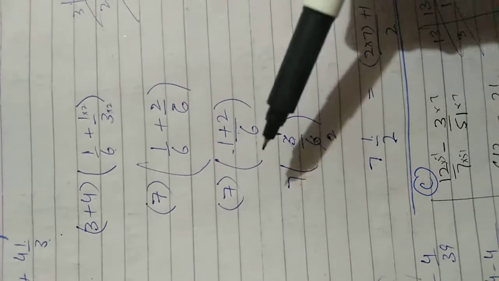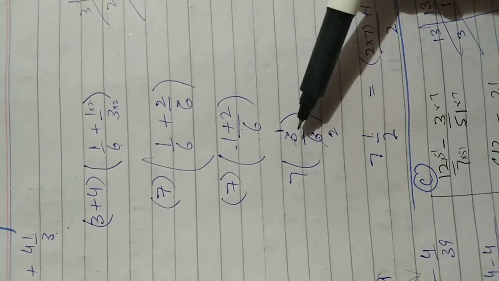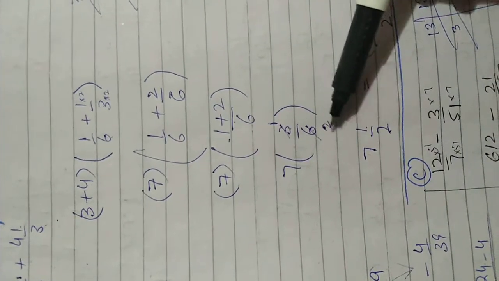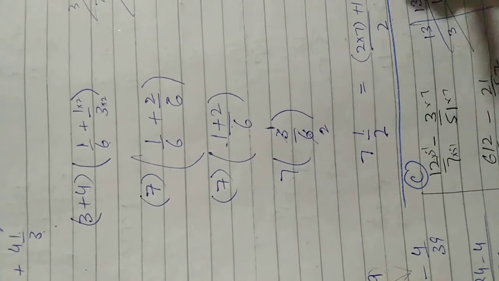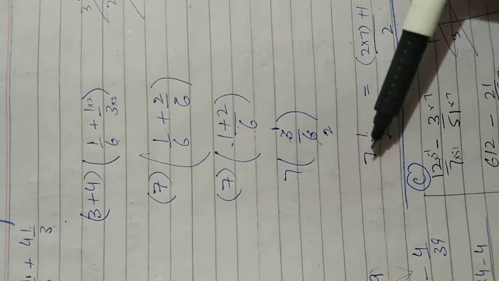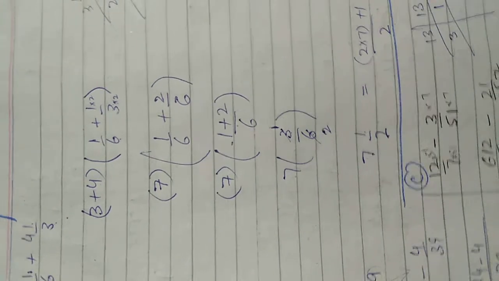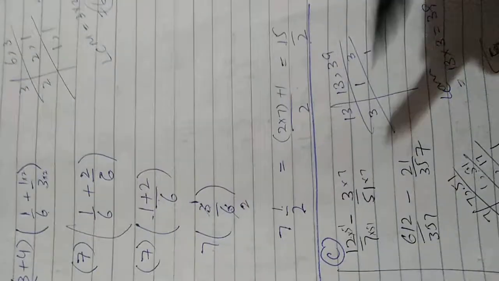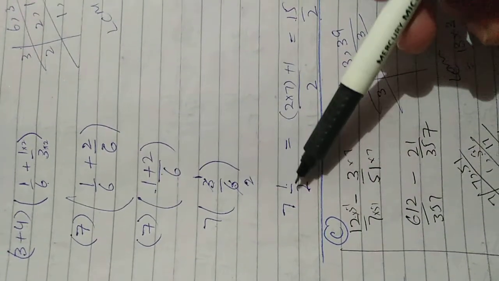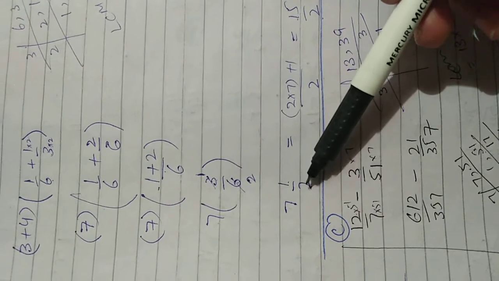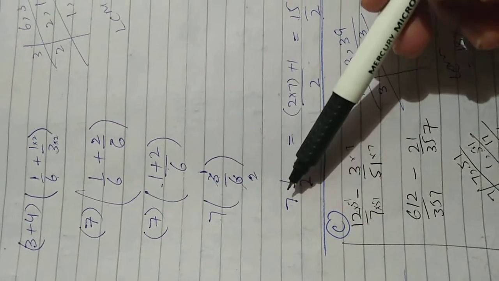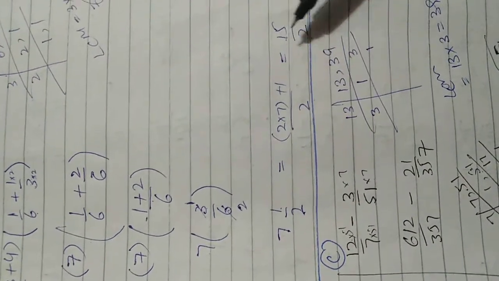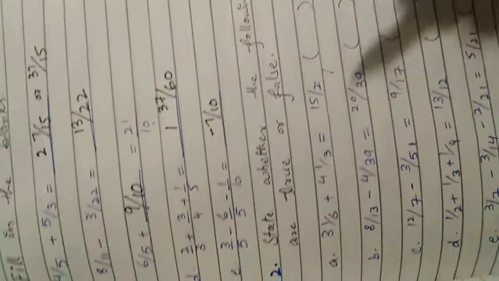After solving we get 3 by 6. And we can change it into its simplest form, that is 1 by 2. 3 1 time 3, 3 2 time 6. So the solution is 7 whole 1 by 2. But here it is an improper fraction, so we convert this mixed fraction into improper fraction by multiplying denominator to whole number and add numerator in their product. 7 2 times 14 plus 1 which is equal to 15 by 2. So first one is true.